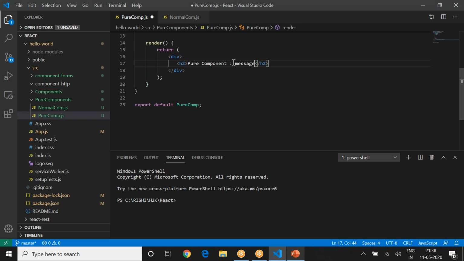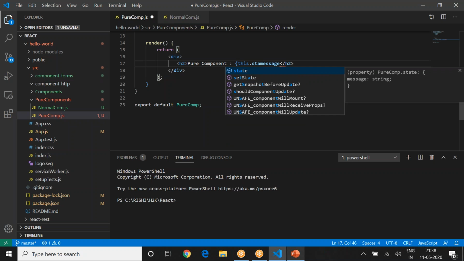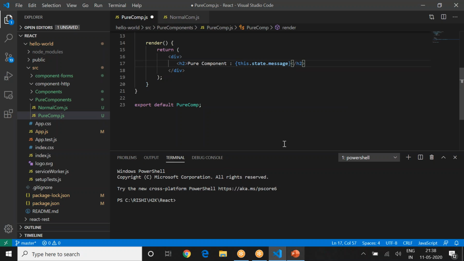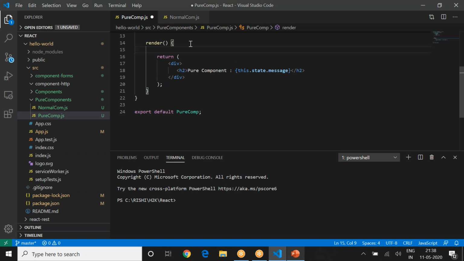You will not be able to see that message this way. You know how to do that. It will be the value of this.state.message. That's something we can do. Or there is one more way: you can just say const, and in brackets you say message, equals this.state. So it's coming from this.state, and now you can directly use message. You don't need this.state. This is called extracting. You extract the message from this.state and keep it here. That's also one of the ways, very common.